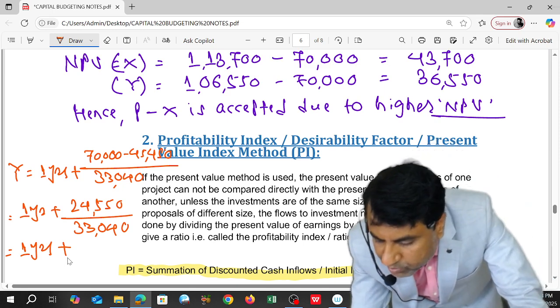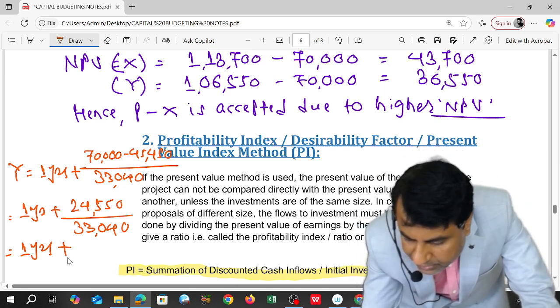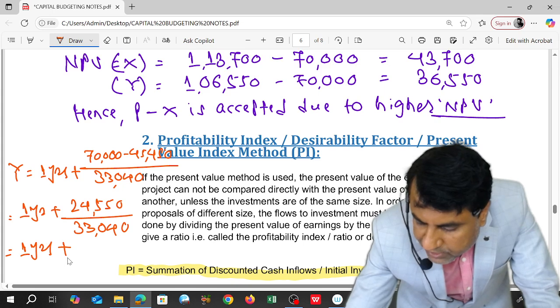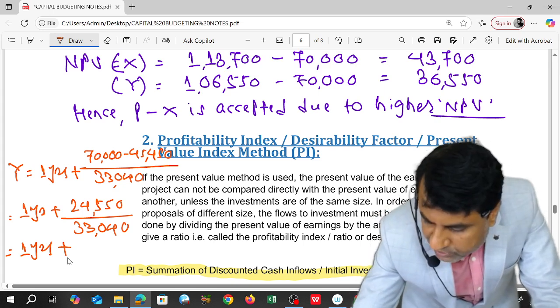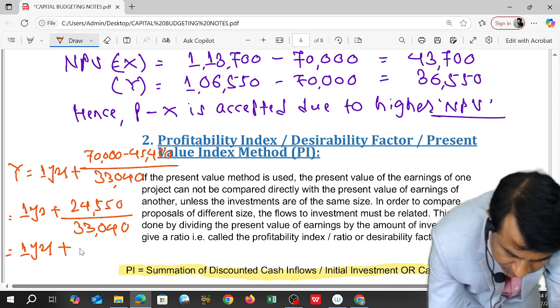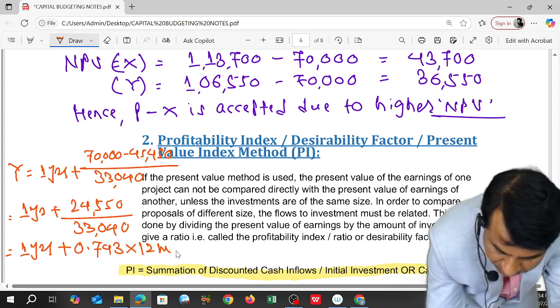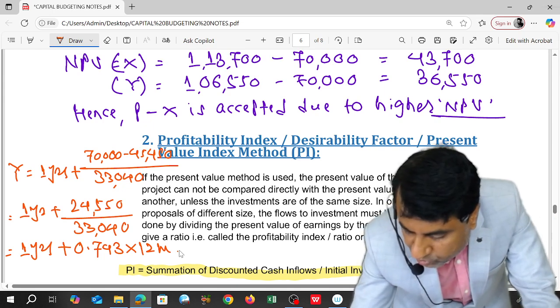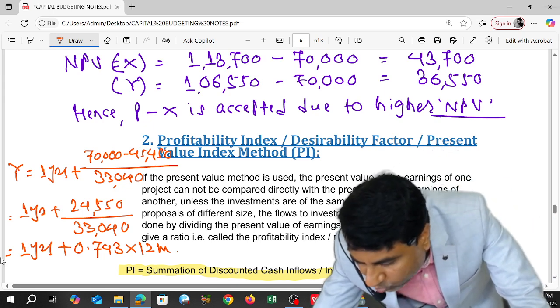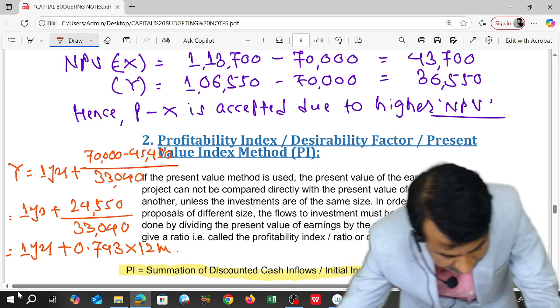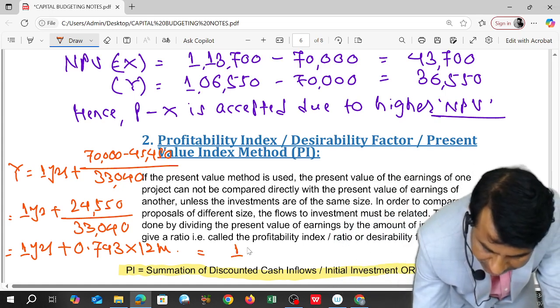It is coming 0.743. 0.743 needs to be multiplied with the months. So into 12 months, 0.743 into 12, it is coming 8.9. So 9 months I can say. So it is 1 year and 9 months